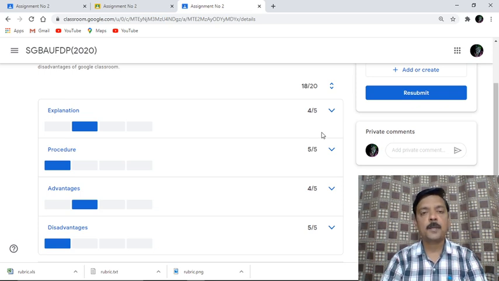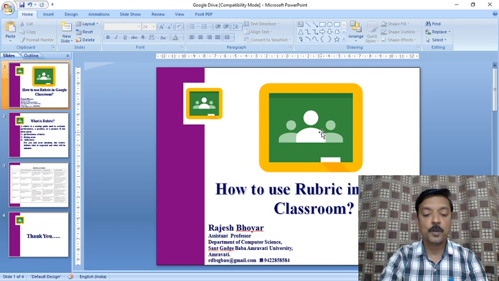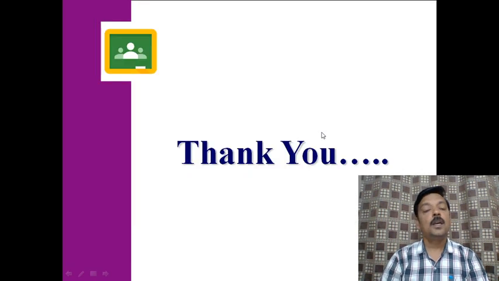It is always better. Just like in our university we have been asked for something called a memorandum. A memorandum is something different. Again I am telling you, rubric and memorandum are not the same thing. But in a memorandum also we specify how much mark needs to be given: explanation 3 marks, diagram 2 marks, and advantages 3 marks, something like that. So exactly a similar thing has been added by this, and that is a rubric. So I hope from this video you have understood a brief idea regarding this rubric, and try to use this rubric in your Google Classroom.